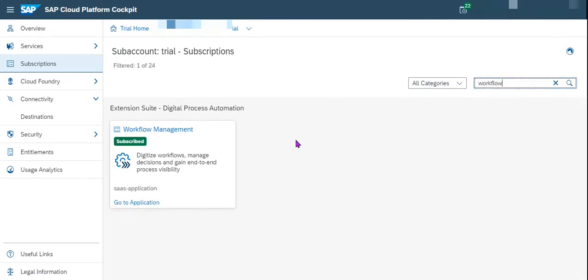What I did the first time I was trying to enable SAP Cloud Platform workflow management was, instead of enabling the boosters, I went directly inside my trial account of the Cloud Foundry environment and tried to enable workflow management first, and it was not working properly. That's the reason why I would always say, instead of enabling this directly, you